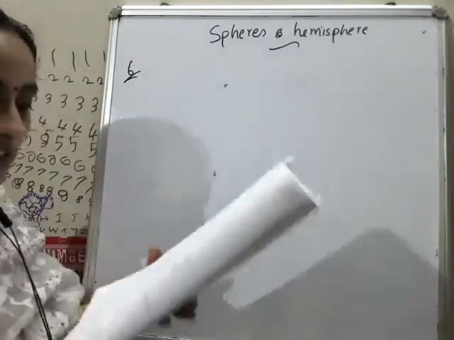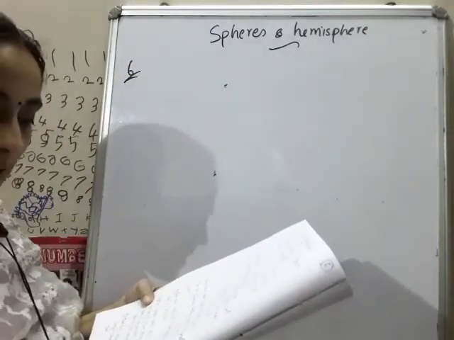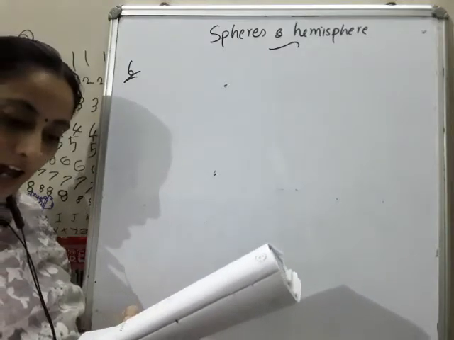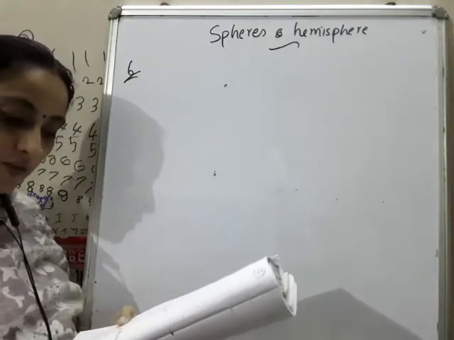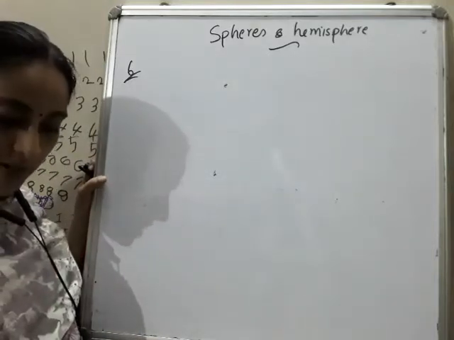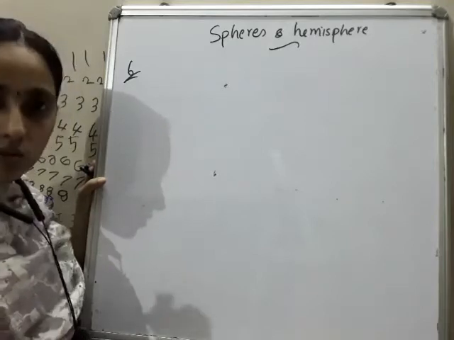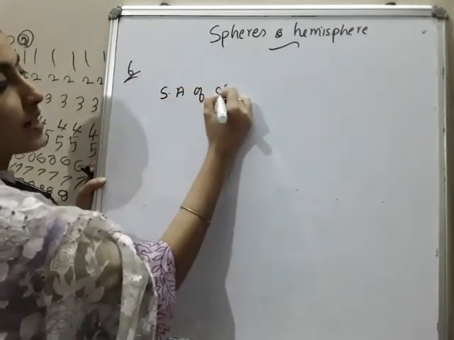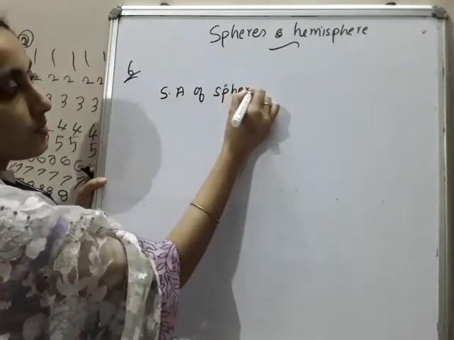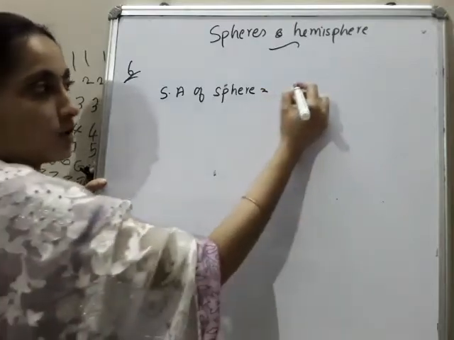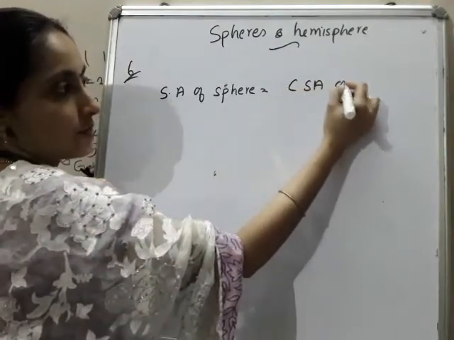Okay, the sixth one: the surface area of the sphere is the same as the CSA of the cone, having the radius of base 120 centimeter and height 160 centimeter. Find the radius of the sphere is the question. Okay, but here it is given that the surface area of the sphere will be equal to, is same as what? The CSA of the cone. Is it? CSA of cone.